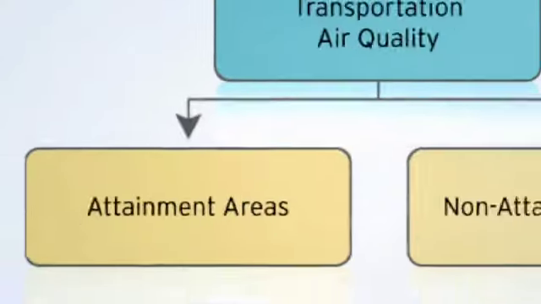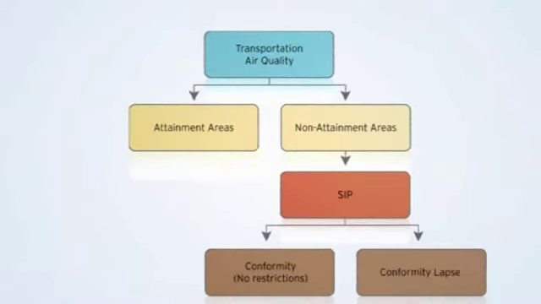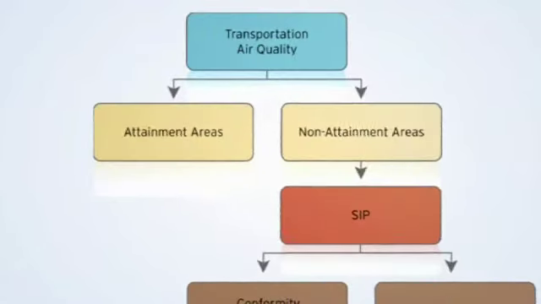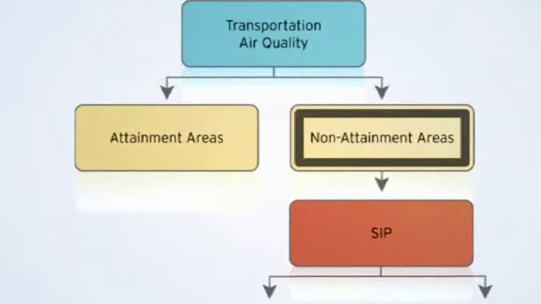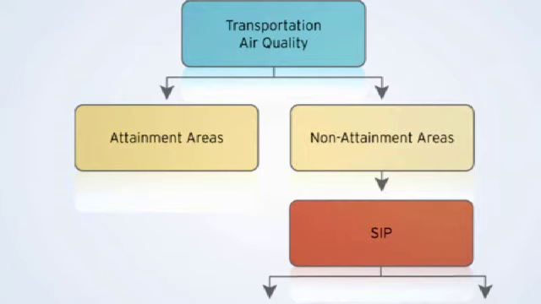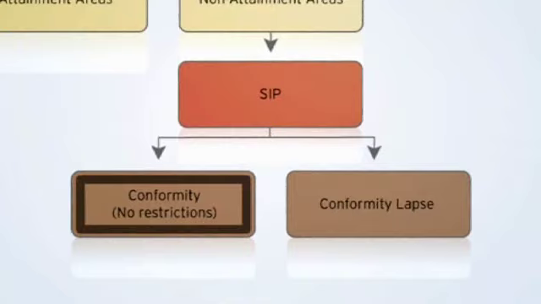In the arena of transportation air quality, there are terms used to describe the status of air quality in specific areas. Non-attainment means an area is not meeting national air quality standards. A state implementation plan, or SIP, is a plan for the area to get back into attainment. The term conformity refers to whether or not an area is complying with the SIP or allowances established for the